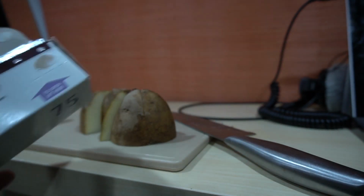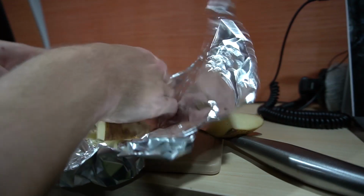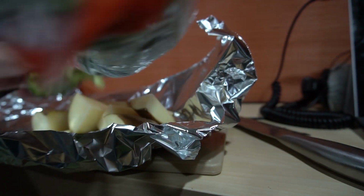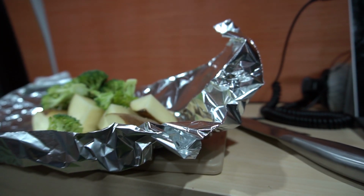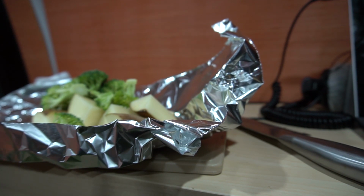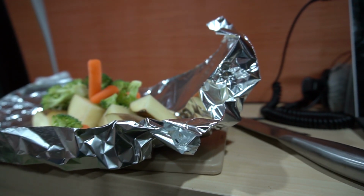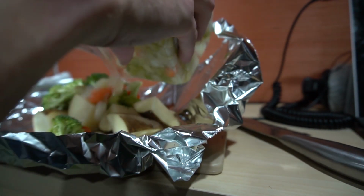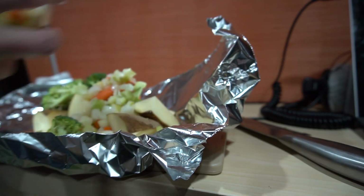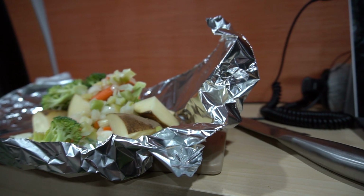Alright, so we got the foil. I haven't used this in a while. Yeah, so we'll put our potatoes in here. Some broccoli in. We'll try some carrots. We'll see how that goes. Just put a couple in. And then we get some onions and a mix of stuff. I like a lot of onions, and this has peppers and things like that. It's just a Walmart mixed